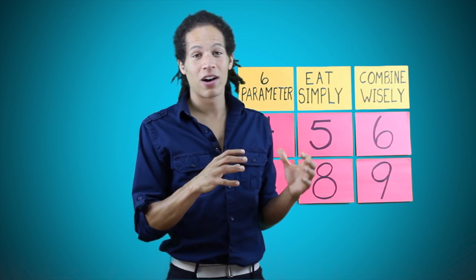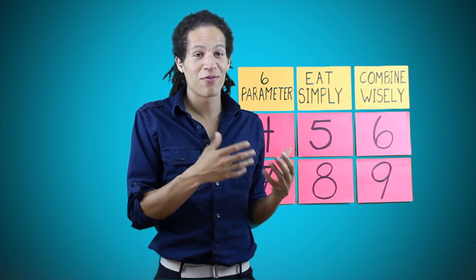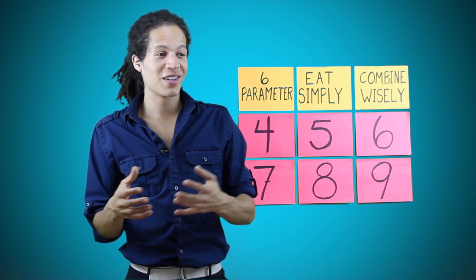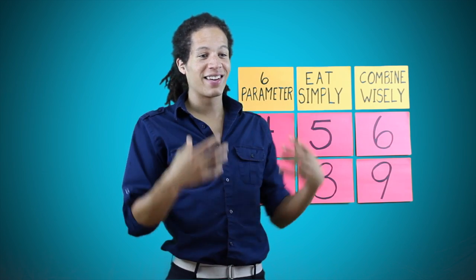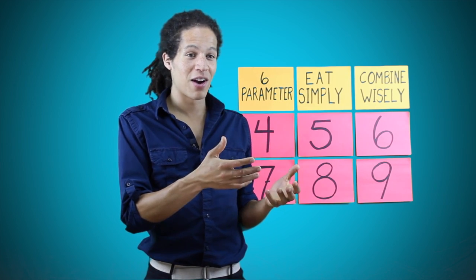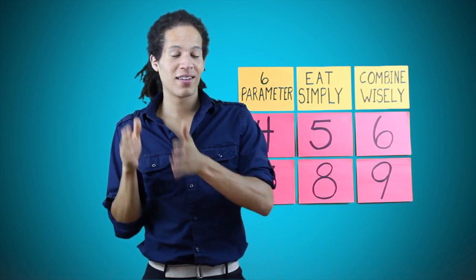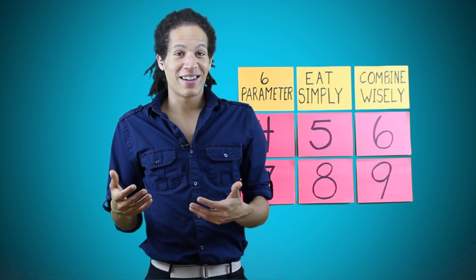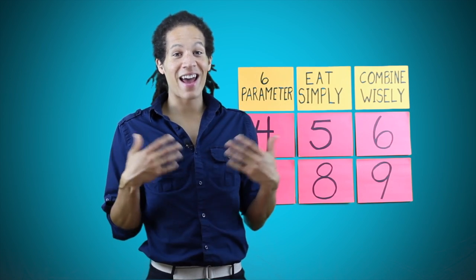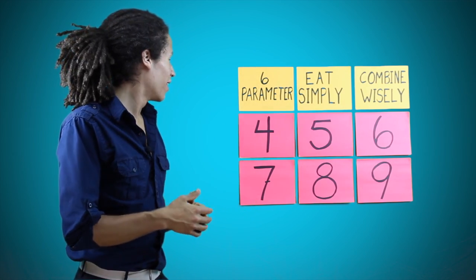Essentially, we're just going to combine our foods in a way that allows our body to digest them more efficiently. Put the acidic foods with the acidic foods so the body can create that environment. Put the foods that require the alkaline environment together, and now our body can digest things in a more easy way to do, or in a more energy efficient way. So that's what we're looking for. Let's combine our foods wisely. The fourth solution,